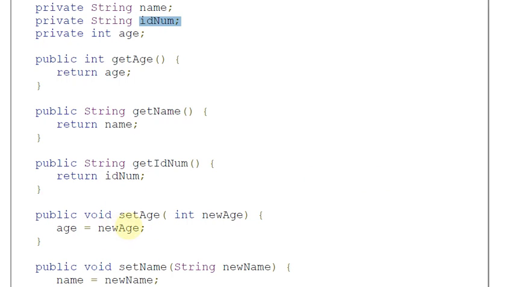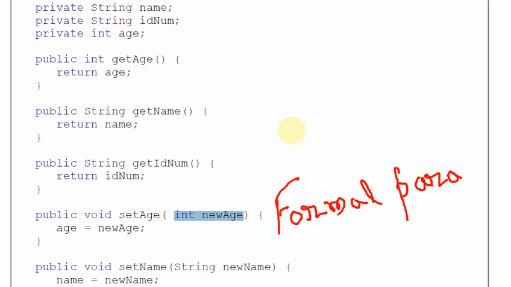After that, I placed a method that is setAge. setAge is a parameterized method and its parameter is int age. Whenever we declare this type of int age inside our method, this type of parameter is known as a formal parameter.